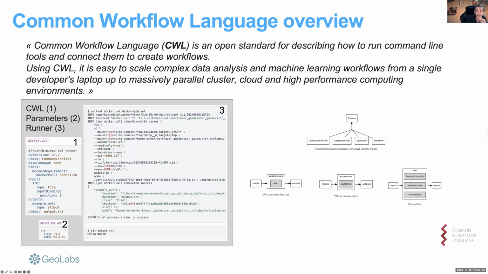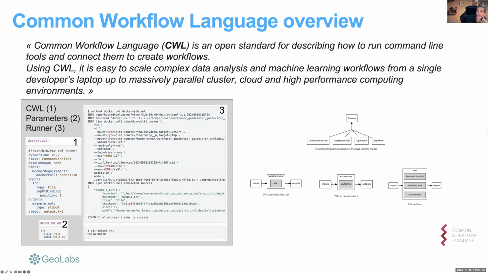So here we have a simple example, which is src, which is of type file, and input binding position 1 means that it should be the first parameter passed after this bash command. And the output in this example is example_out, which is of type stdout, and stdout is a text file which is named output.txt. So associating this Docker CWL with docker-job.yml, which is below and noted 2, we can give the parameter,